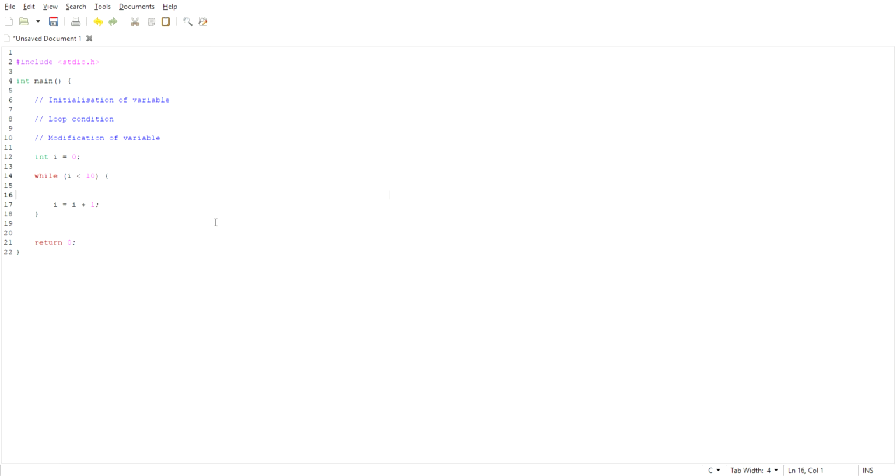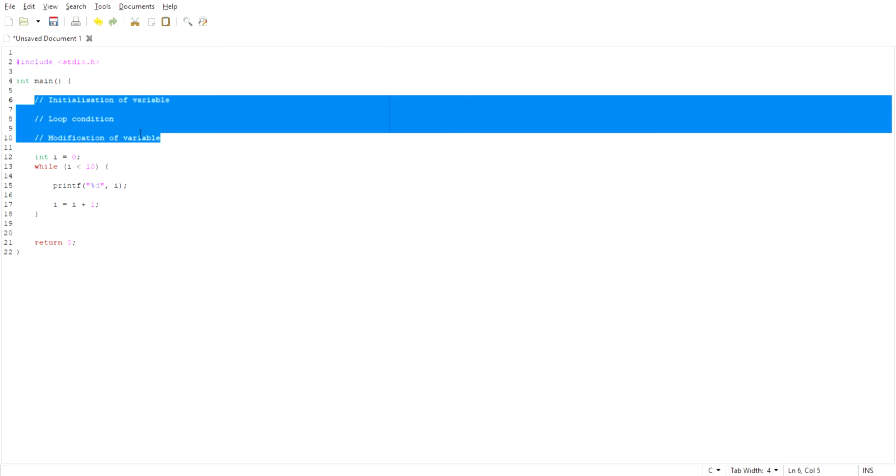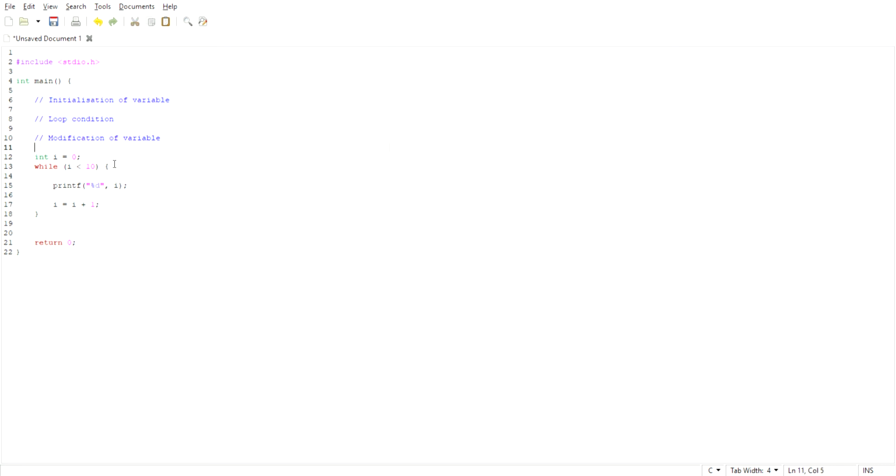Okay, and maybe let's just add a print statement inside, which is simply going to print the counter I. Okay, so now that we've checked off all three steps, we can make sure that this while loop is going